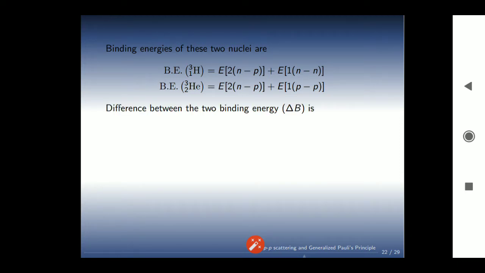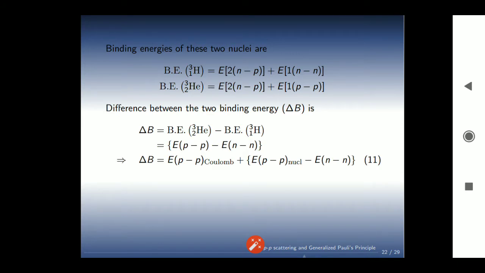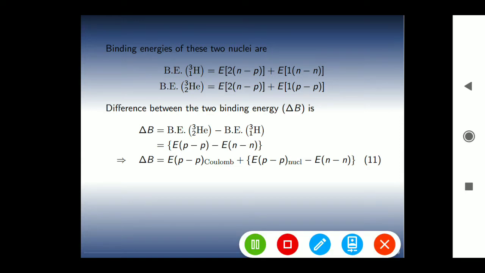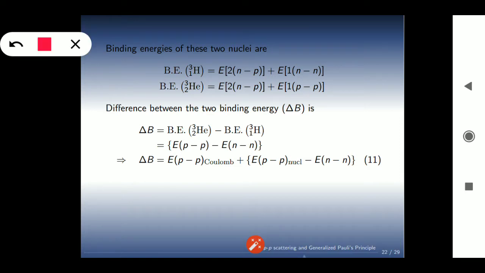Taking the difference between these two binding energies, we can get the difference in binding energy, delta B. The first part is common in both of these two equations, so if you take the difference, those two will get cancelled. Then what we have is only this one, E_PP